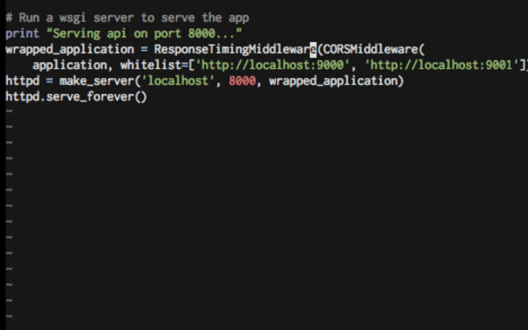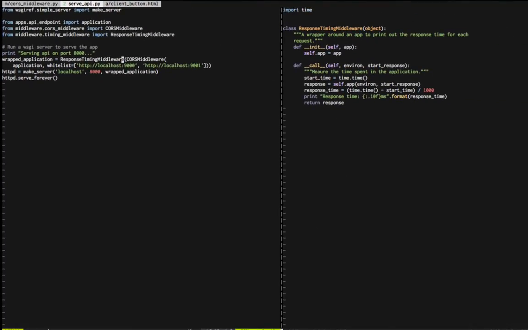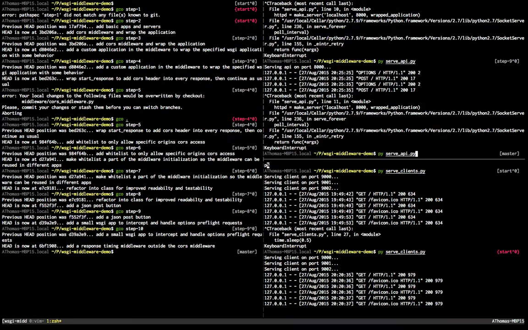The first application, the CORS middleware, actually monkeyed with the response and added some headers. And the timing middleware doesn't do anything to it. It just measures how long it took from the time the request came in to the time the response went back out, and I'm going to print that out so that you can debug if you have some slow endpoints. And so now if we run this application,